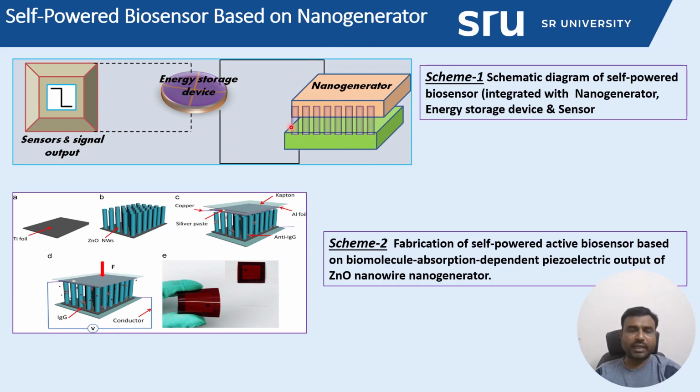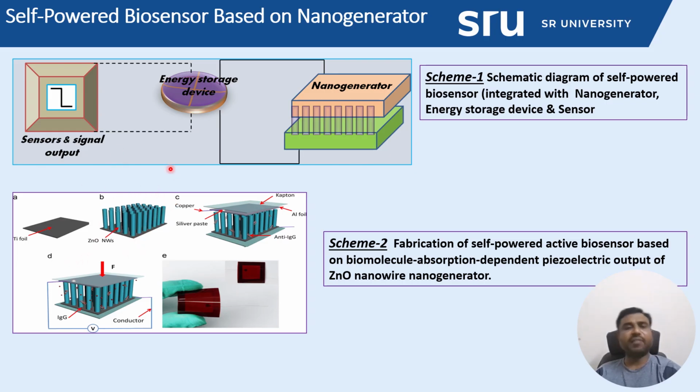So this device we can directly apply for operating some sensor and detecting some molecules, many things. So for example, how we are fabricating this nanogenerator. Here they have taken a titanium foil because we need some conducting substrate, so it should be stable. Then zinc oxide nanowire has been vertically grown over the